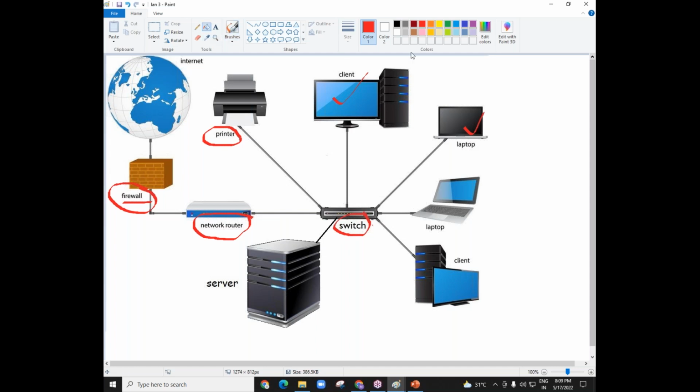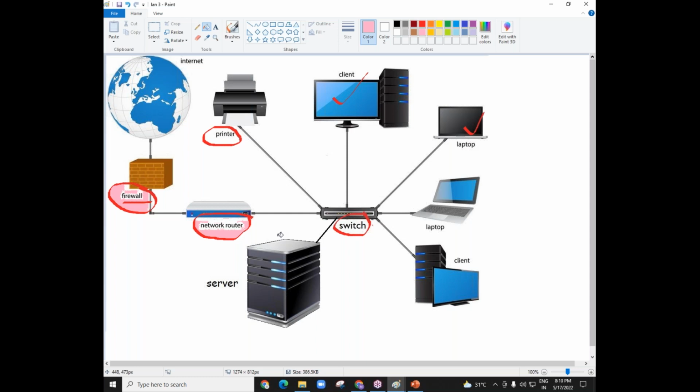If there is no router in a company, so we know what a firewall is now, and let us go with this router. If there is no router in a company, your company cannot access the internet, or cannot access the branch office. There are many companies that have branches, whether it is the banking sector or any XYZ company. So how to make communication between one branch and another branch?